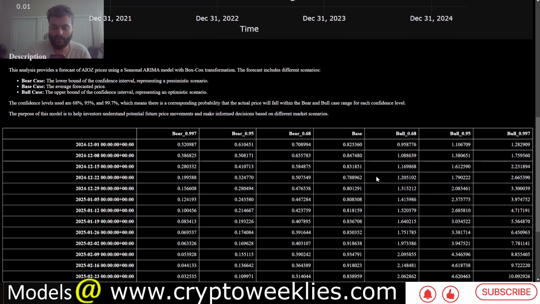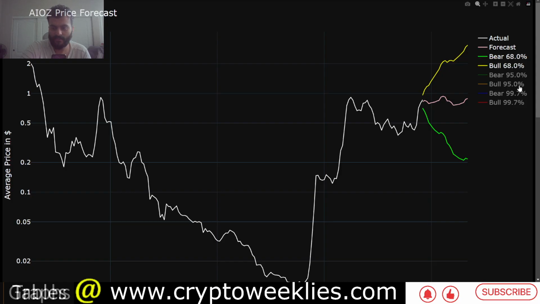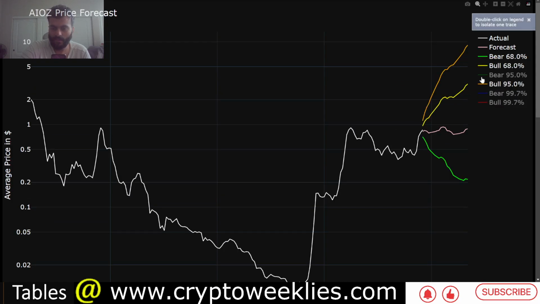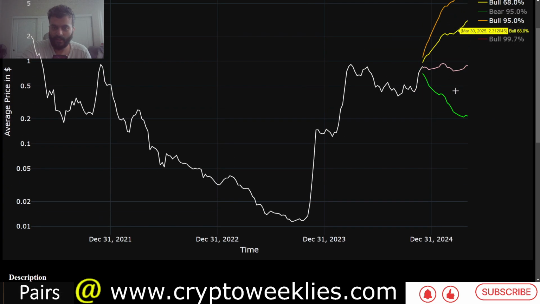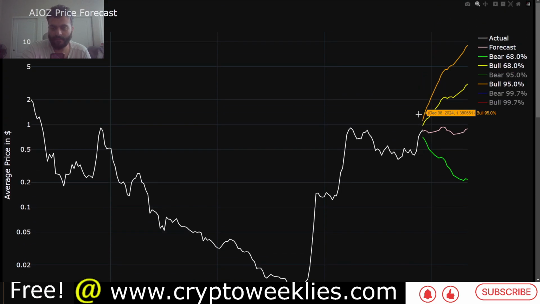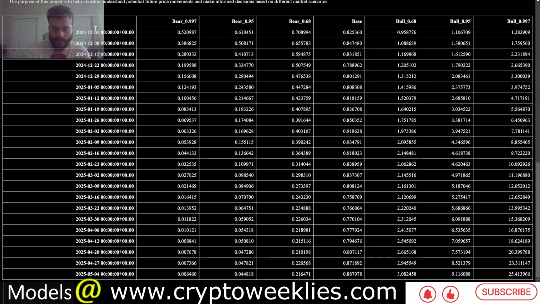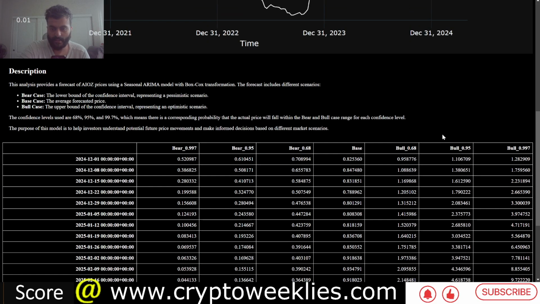Week by week values are also available in the table below. The base case is this pink line. We have several bull cases. The first is the non-euphoria case, which is the 1 standard deviation bull case in yellow. The euphoria case is this orange line, between $1.10 and about $9, coming close to the 3.618 fib level extension at around $9. These columns help us understand, in tabular format, what could be a week by week 1 standard deviation ceiling at around the 68th percentile and a 2 standard deviation ceiling at around the 95th percentile. So those are the most likely scenarios at this point in time.